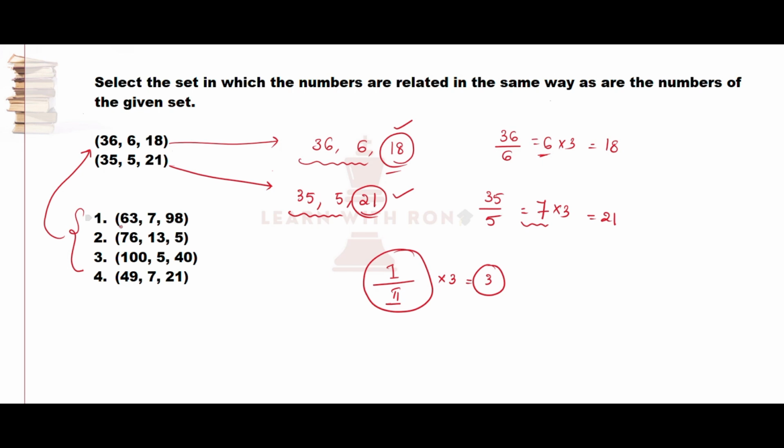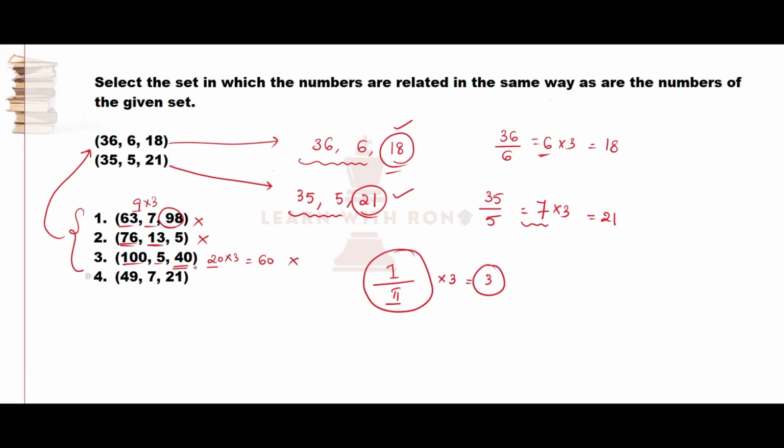See the first option, 67 divided by 7, how much? 9. And if I multiply 9 times 3, I should get 27, but they have given 98, so which is not our option. See the next option, 76 divided by 13, how much? 76 is not even completely divisible by 13, so second one is not our option. See the third option, 100 divided by 5, how much? 20. If I multiply 3 to this 20, I am getting a value of 60, but not 40, so which